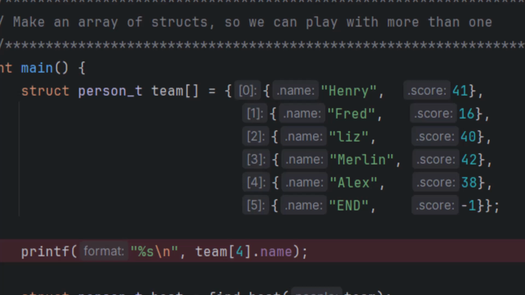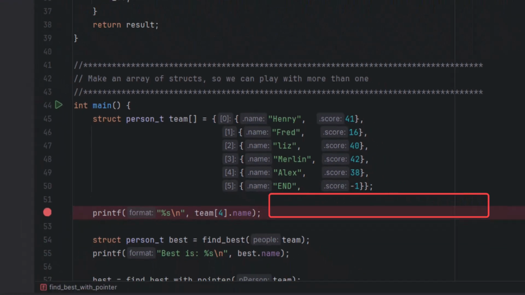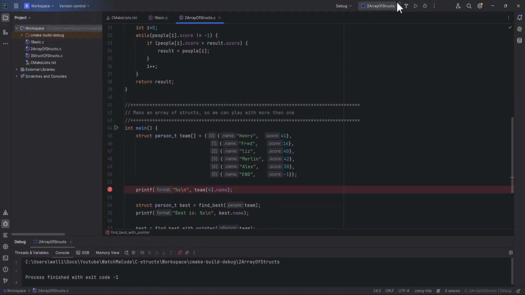Now, if you remember, there are 2 ways in C that you can know how long an array is. One is you can hold a value that is how many things are in the array. The other is you can put a flag entry at the end so that we know that we hit the end because we run into the flag entry. So for this example, I have created a flag entry that is a struct that has the name end and the score -1. So if I run this in the debugger,